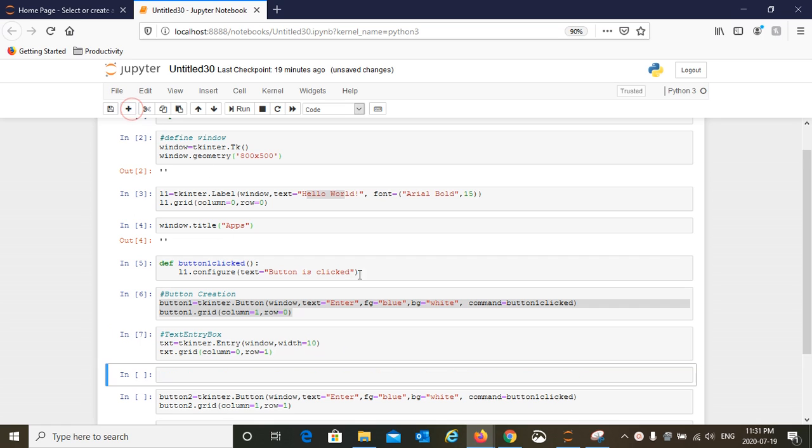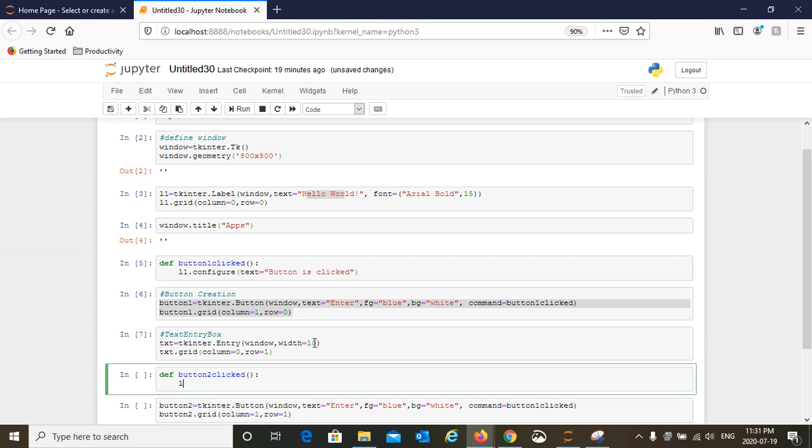So we are going to write a different function now called define button 2 clicked, and this time we're going to say l1 dot configure, and the text we're going to say